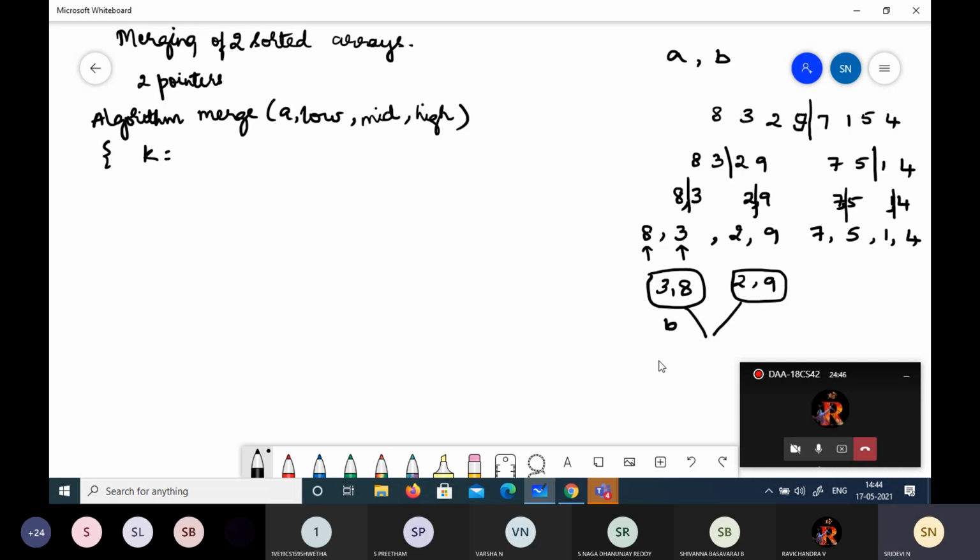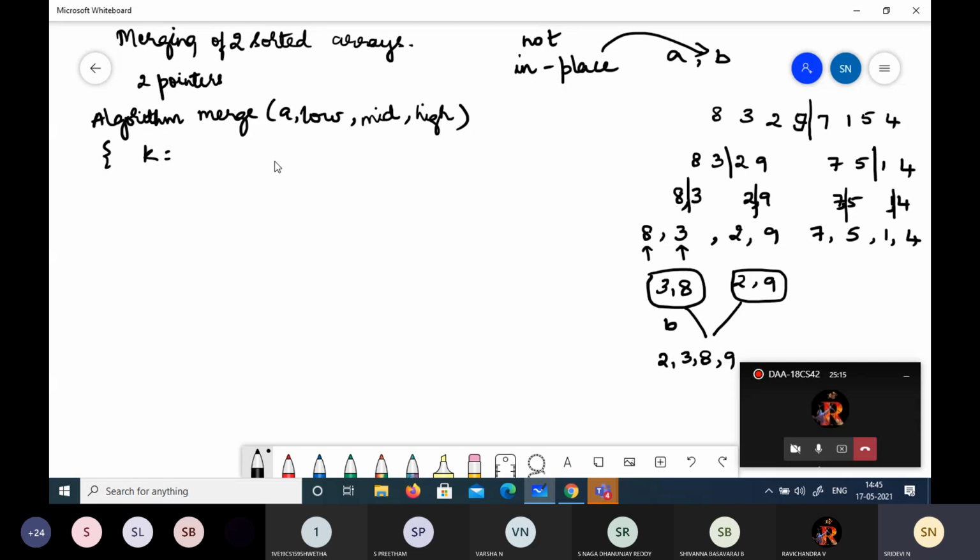Again, these two will be sorted and we'll get 2, 3, 8, 9. This is your B array, which is holding the sorted array. Again, this should be copied to A. So we are using extra space in the case of merge sort. That is the reason why merge sort is not an in-place algorithm, because it is using extra space, that is array B.